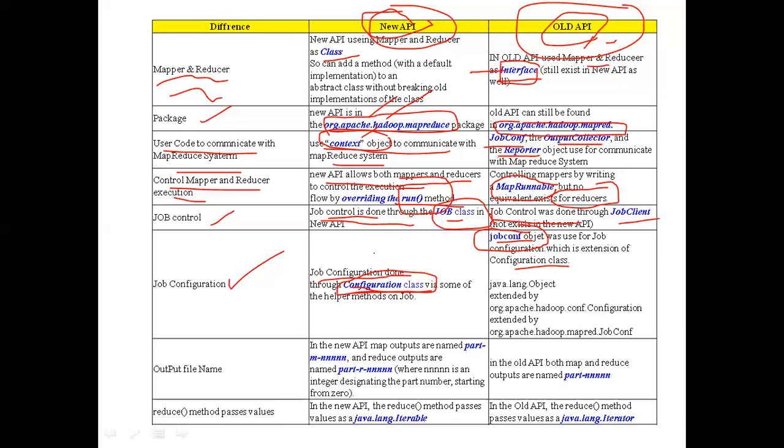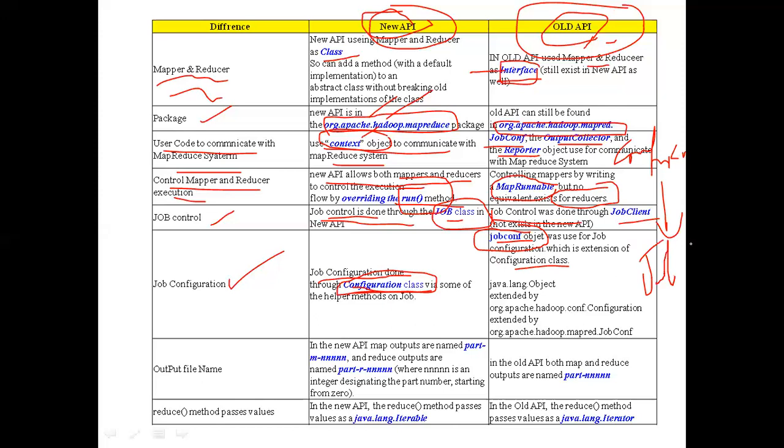When we come to the new API, that JobConf is removed in the middle. Directly, job configuration is done using the Configuration class. Is it clear? First the Configuration class will be there, and from it JobConf will derive the properties.